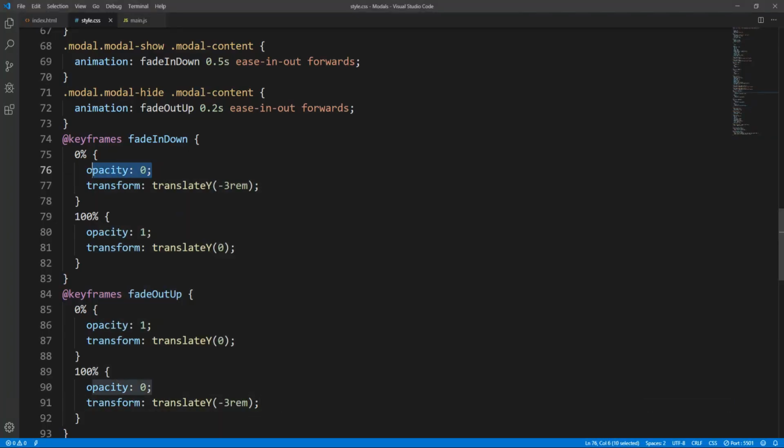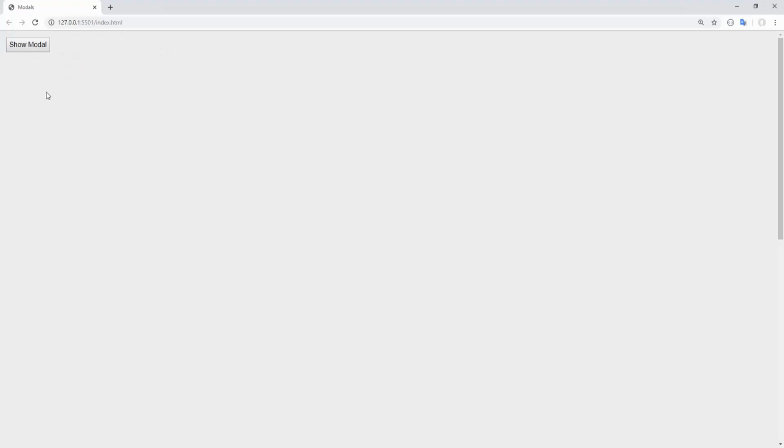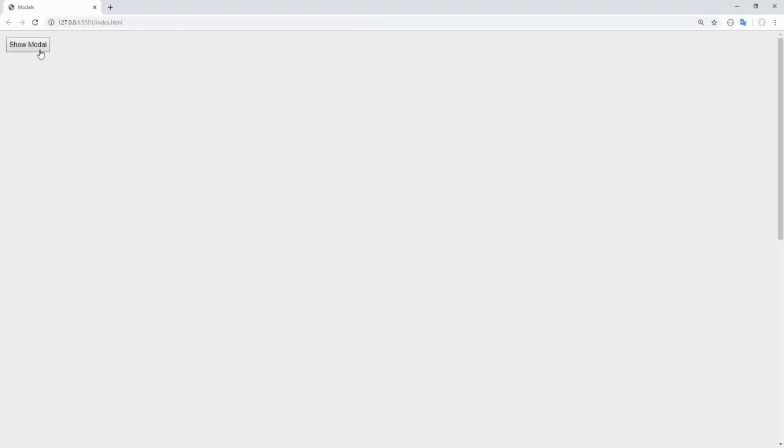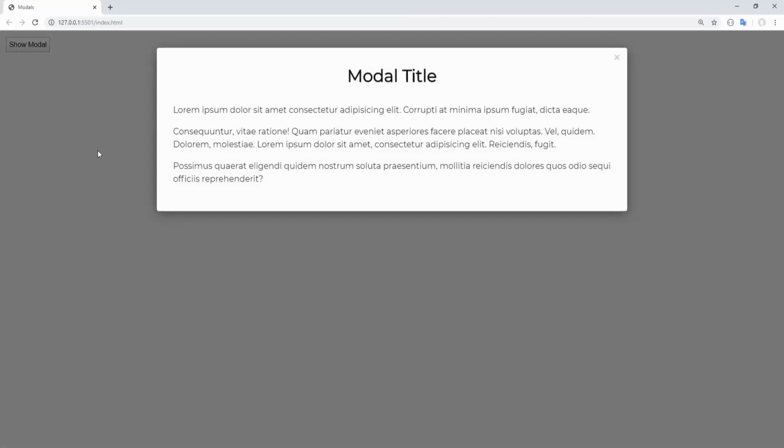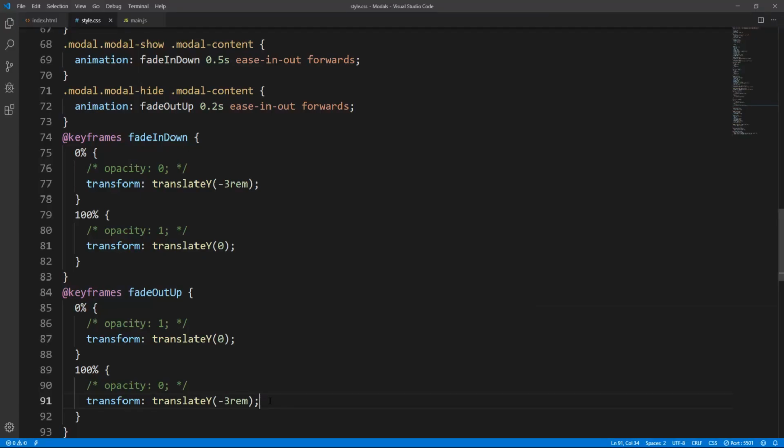I suppose alternatively we could simply slide down and up the modal box without changing opacity, so let's try this and see how it looks. It's a subtle difference, maybe this way is a bit better. And guys, feel free to experiment and use your imagination and creativity in order to come up with awesome modal entrance and exit animations. Okay, let's restore the change in opacity, and I would like to keep the entrance animation